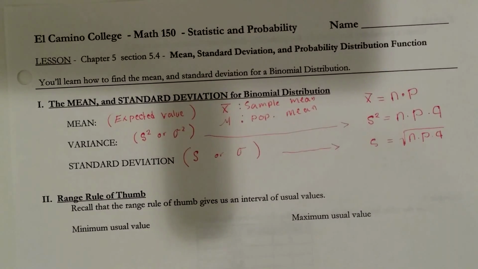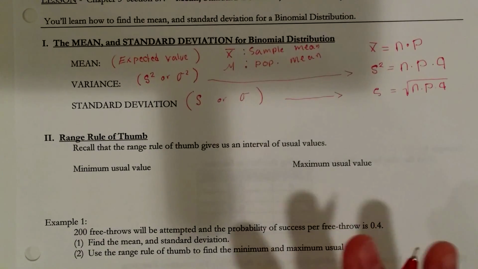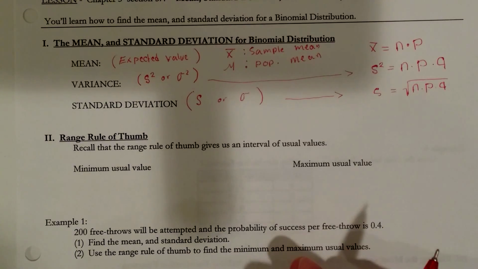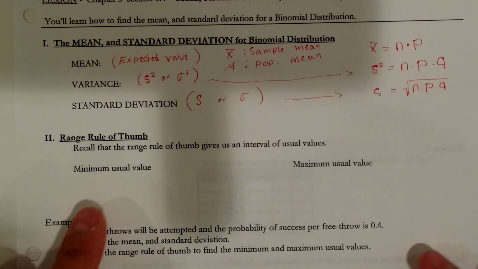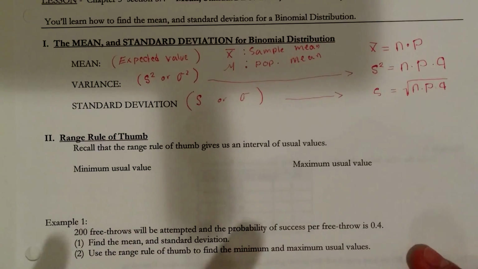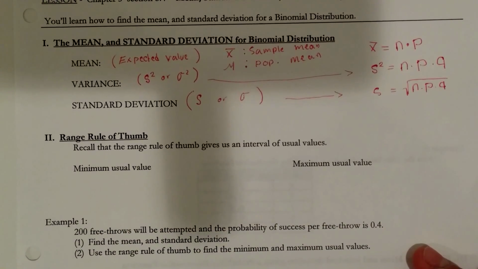Alright, that's it. Now let's review the range rule of thumb from chapter 3. If you remember, the range rule of thumb tells us an interval with a minimum value and a maximum value, and any number that falls within these values is considered to be acceptable. So the minimum value